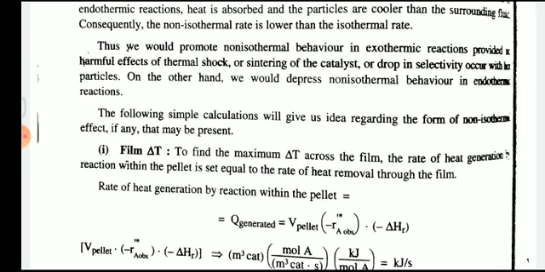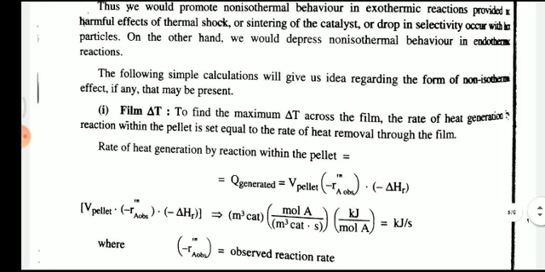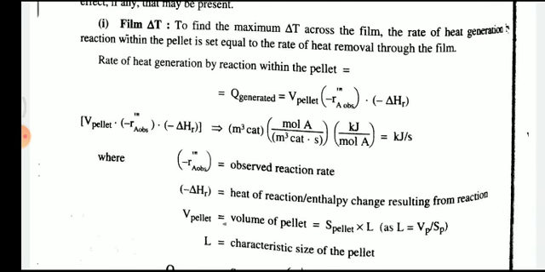So, rate of heat generation. The rate of heat generation by the reaction within the pellet is given by Q generated, the heat generated, equal to V pellet into R triple dash observed into minus delta HR. So V pellet into R triple dash observed into minus delta HR is in joules per second, that is, kilojoules per second, where